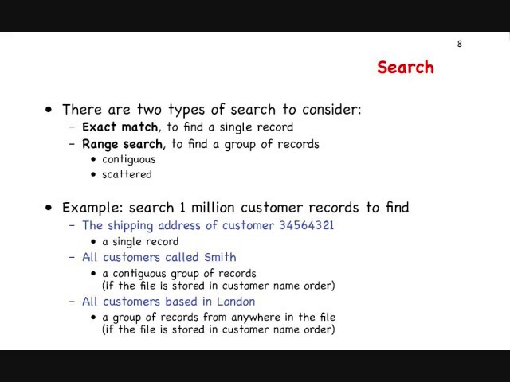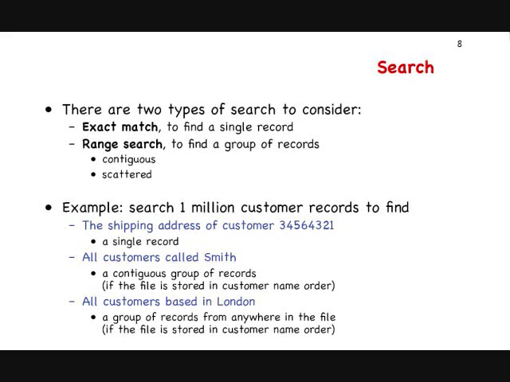Now, we're trying to do stuff. So we have a query. We can look at our query. We know whether it's going to be an exact match query. So we're trying to find customer number 1234. And we know there's only one customer 1234, so we know that it's an exact match for one record. It might be that we want all the customers called Smith,